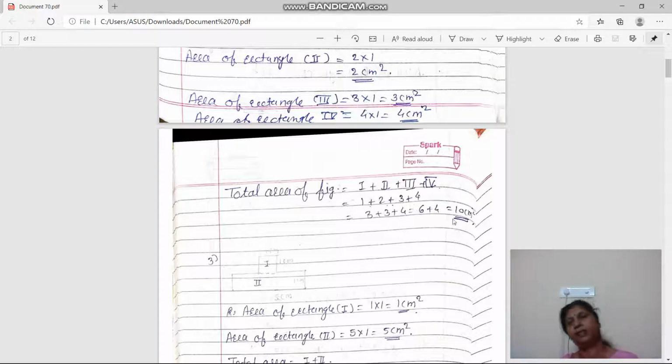Okay. You can directly write here 10. Otherwise add step by step. That is 10 centimeter square. Get it? So third,